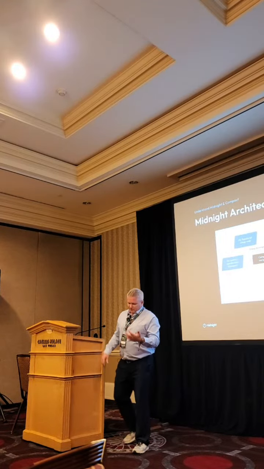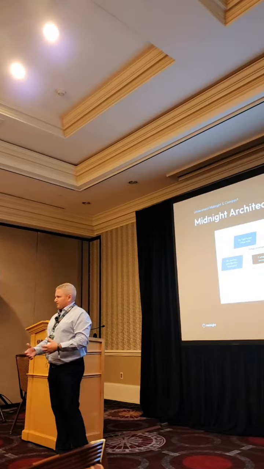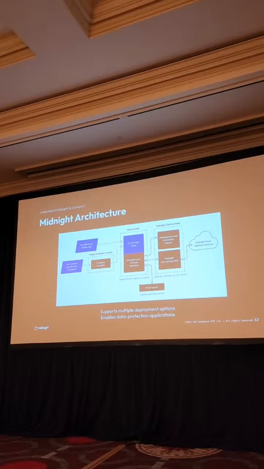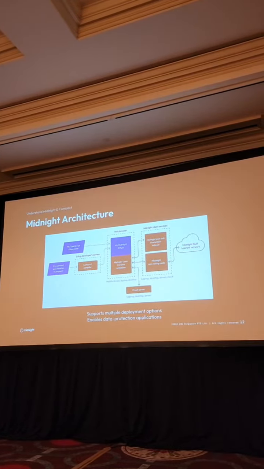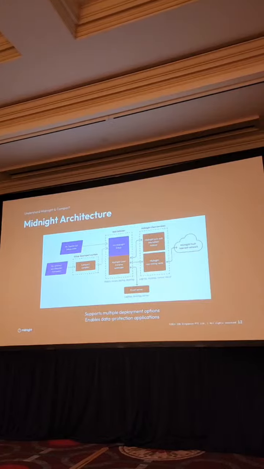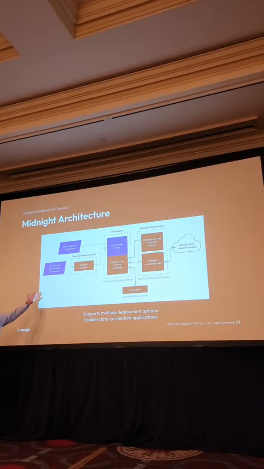All right, so let's talk about the architecture a little bit. If you're building or using a Midnight application, what parts of the system do you touch? I'm going to start on the left, and I'm going to move to the right. So the left-hand side, that's the developer. These are things that the developer wants to be able to interact with. So they have a contract, right? The first blue thing that they can run through the Compact compiler, right?